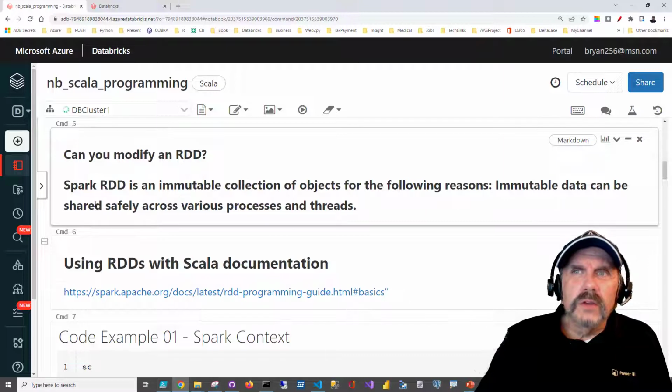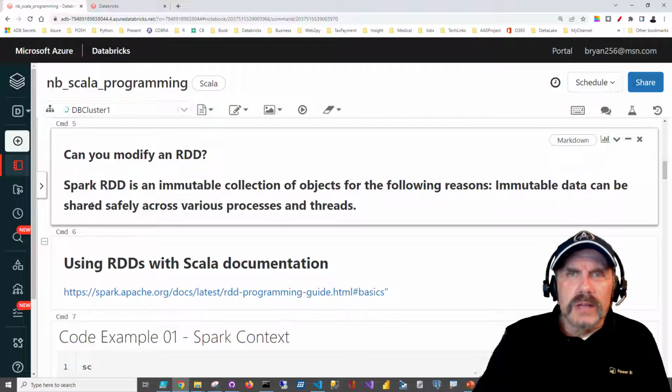One thing I do want to mention is that RDDs cannot be changed. It's called immutable. They are a collection of objects which, once cast, cannot be altered. That's because there's this whole process that Spark goes through so that it can recreate a resilient distributed data set whenever needed. The idea is it's fault tolerant, right? So if anything happens, it knows how it got there and it can reconstruct it. But if it allows you to change them, that might make that more difficult.